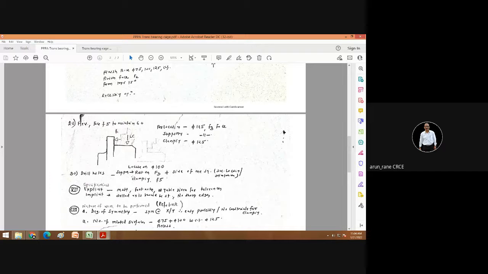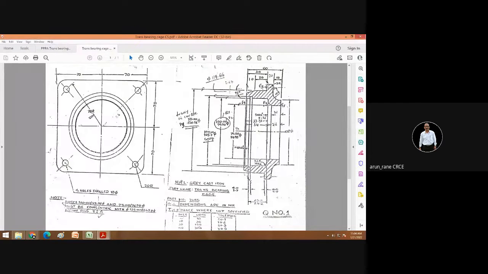And then drill holes. For the drill holes, you have to locate on diameter 100. Where is this diameter 100? This. Now whether to drill from this side or from this side, that decision you have to take. If you are drilling from this side, then the drill length will be longer. A drill this long will be needed. And if you are doing it from this side, the drill length can be short. So it is better that you drill it from this side.